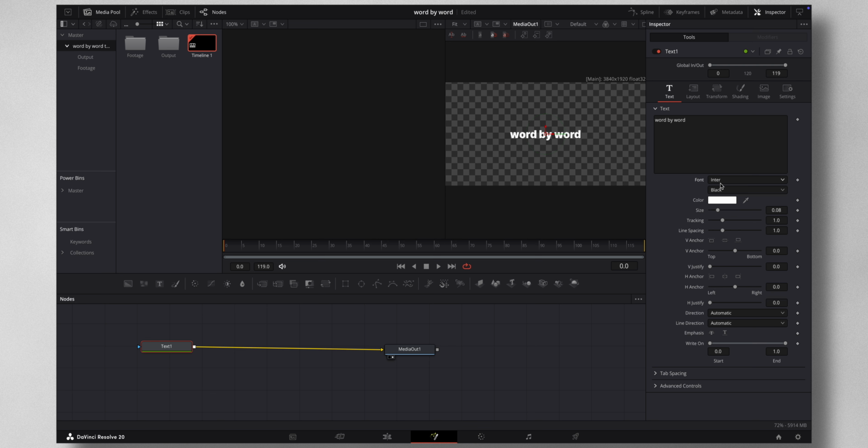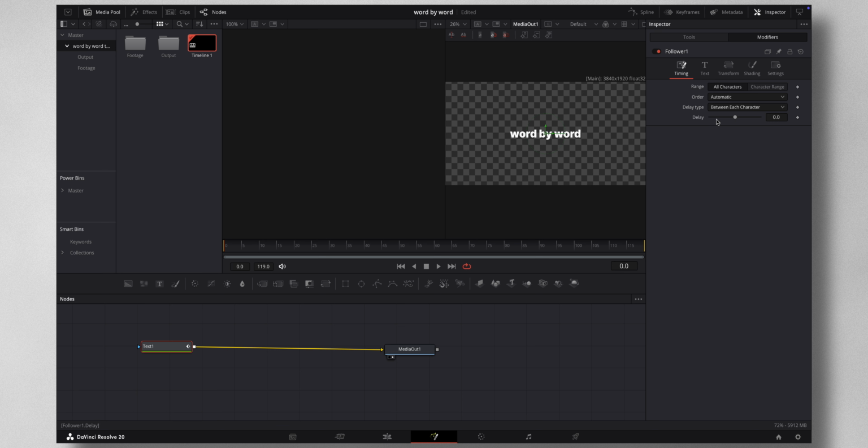You can choose any font you like. I'm going to choose this one. Then once that is done, just right click on this and choose follower. So once you choose follower, a new tab will appear here called the modifiers. Just click on that and set a delay of 2